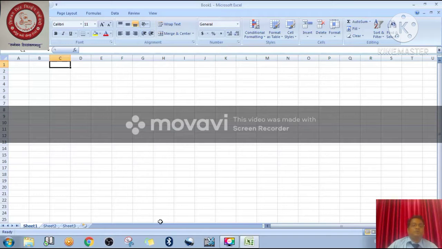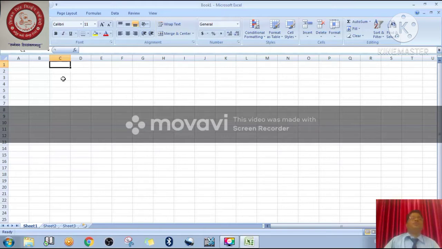Okay, students. So right now I'm going to minimize this window, and after that we are going to understand the way to save your file, to create a new file, and also how to open an existing file. Please make sure that this is one kind of fill handle. I will show you how it works. And this four-headed plus is also one kind of fill handle. And this kind of four-headed arrow gives another function. I will show you one by one.